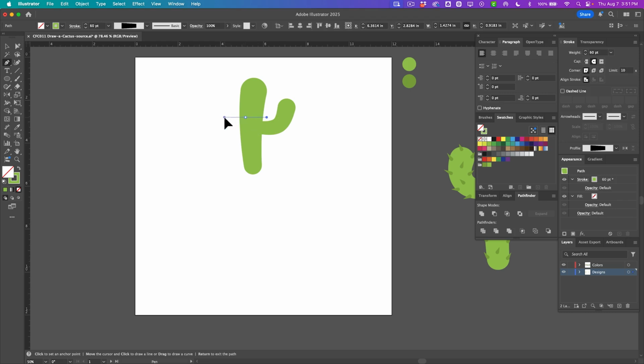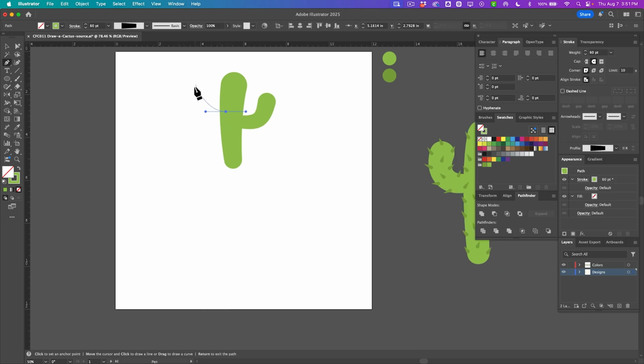And because I have the New Art Maintains Basic Appearance unchecked, it's going to keep the same appearance from the rest of our cactus. So I want the other end to be thicker. So I'm going to click on the starting point of my path, and that reversed the thickness to the ends where I like it. And I can just kind of play around with these arms and get them the way